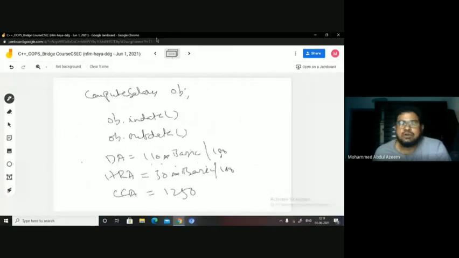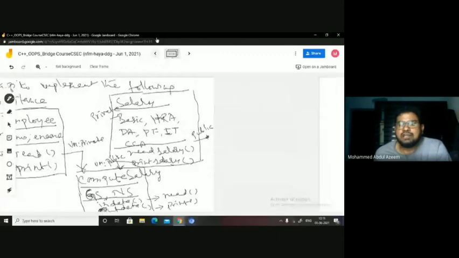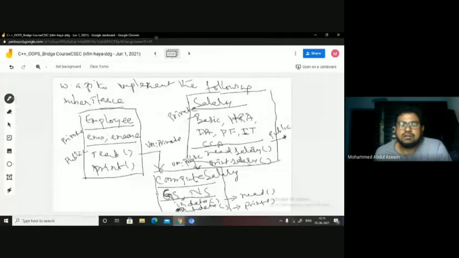So now when you are writing the compute salary class code, these are going to be, of course, private, and these are public. And here in in data, what do you do? First, you call the read function, then you call the read salary function.